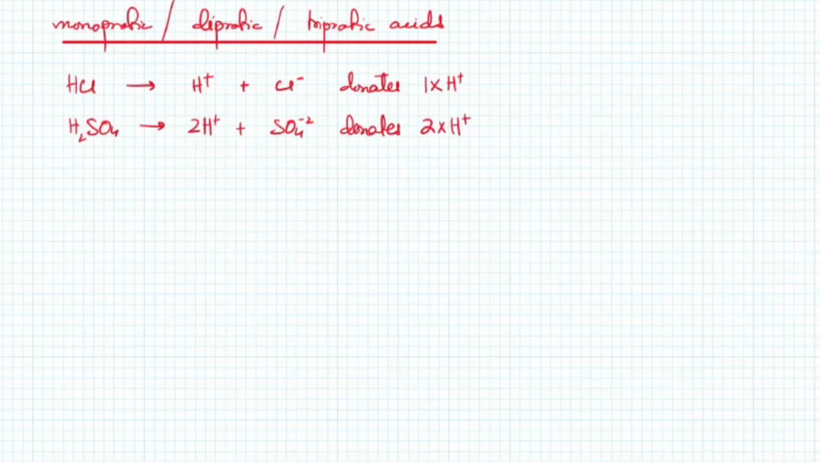It's going to donate two H plus one ions. Similarly, you got triprotic acids. A triprotic acid would donate three H plus one ions, right? So is that clear? What's a monoprotic, diprotic, triprotic acid? Yep, it's clear. Now the point I'm trying to make about